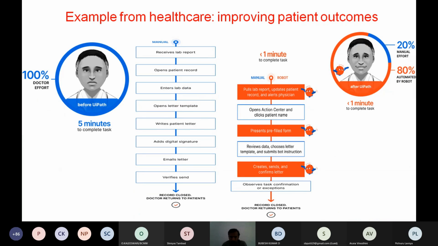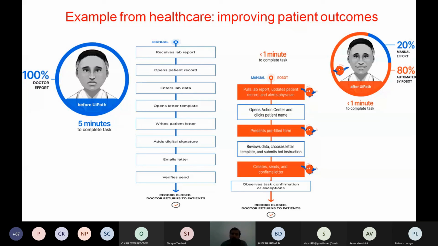So I'm just ending all these things once again to emphasize my point that bringing an RPA into your framework will definitely improve the customer satisfaction, definitely improve the workplace, etc. I have taken an example from the UiPath website itself. I've just taken it to show what an RPA can do. This is a simple example for a healthcare system, because the latest project we have done is a healthcare project. There is a different project. If time permits, we'll speak about that project afterwards.